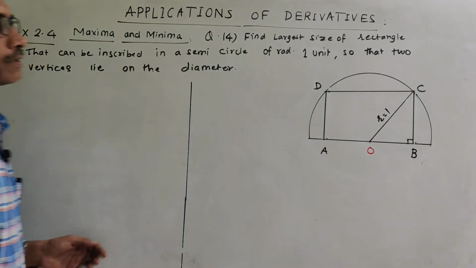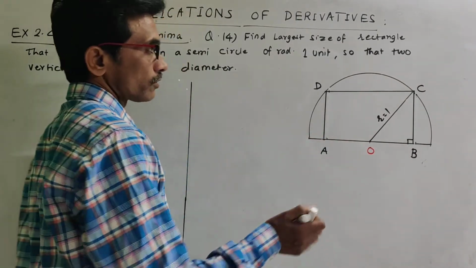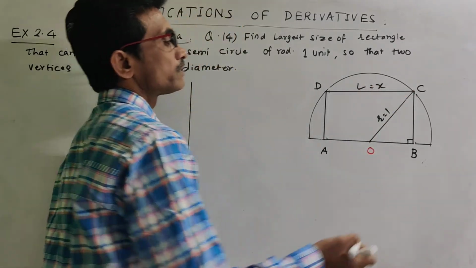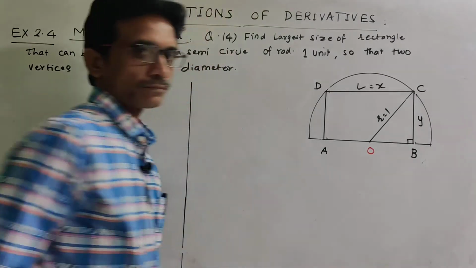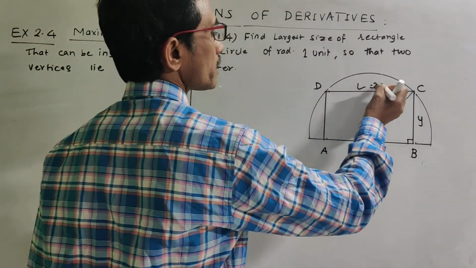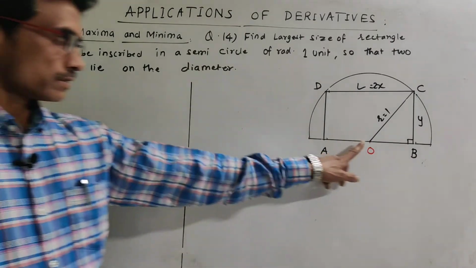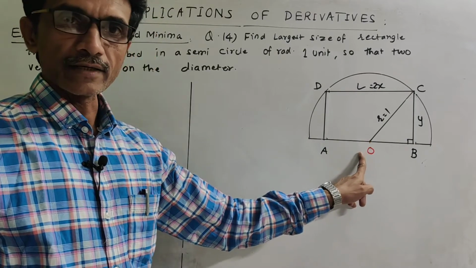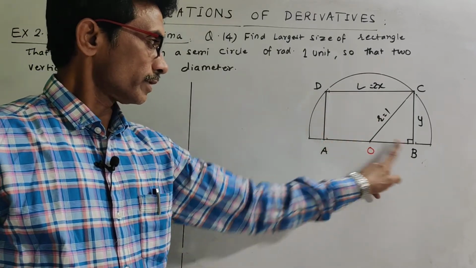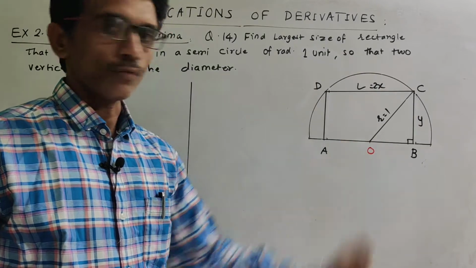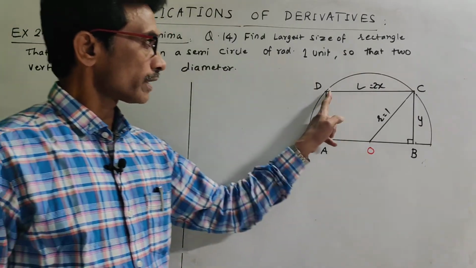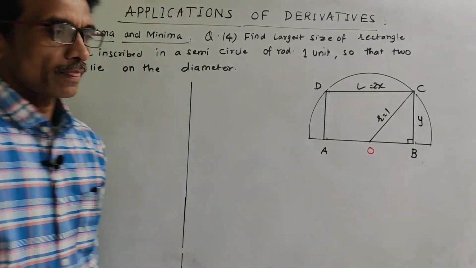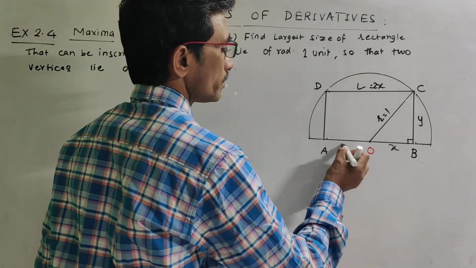So first of all, we take dimension. Suppose length of this rectangle is x, and breadth is equal to say y. Let us take length of the rectangle as 2x, so that this is ये circle का center है. Now this O is the center of this circle, so this will be divided into half, that is OA and OB will be equal to x. As we have taken length of this rectangle is equal to 2x, तो ये midpoint होगा, so that this will be x and this will be x.